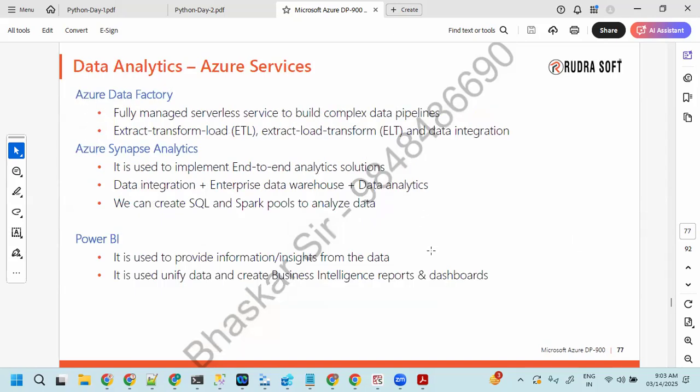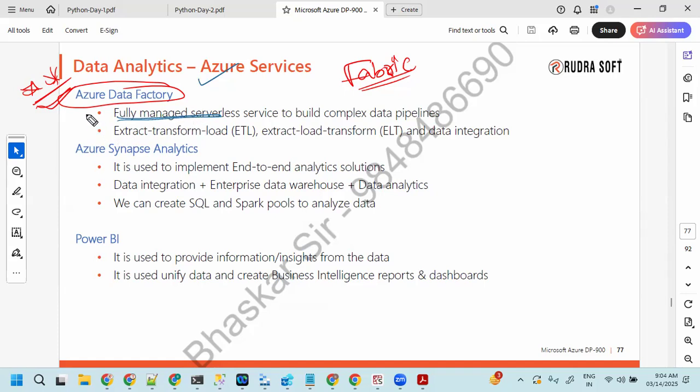Azure Data Factory is going to be used to provide the solution for your big data. We are going to start talking about this from Monday. It is very, very important. Many openings are going to come with Fabric, guys. Keep in mind, you can see the difference once we complete the training. By completion of the training, we can see more and more openings. We are going to spend time with Data Factory. This is a fully managed service. We don't need to have a server, everything will be controlled by Microsoft itself. It will be used to implement ETL and ELT data ingestion.